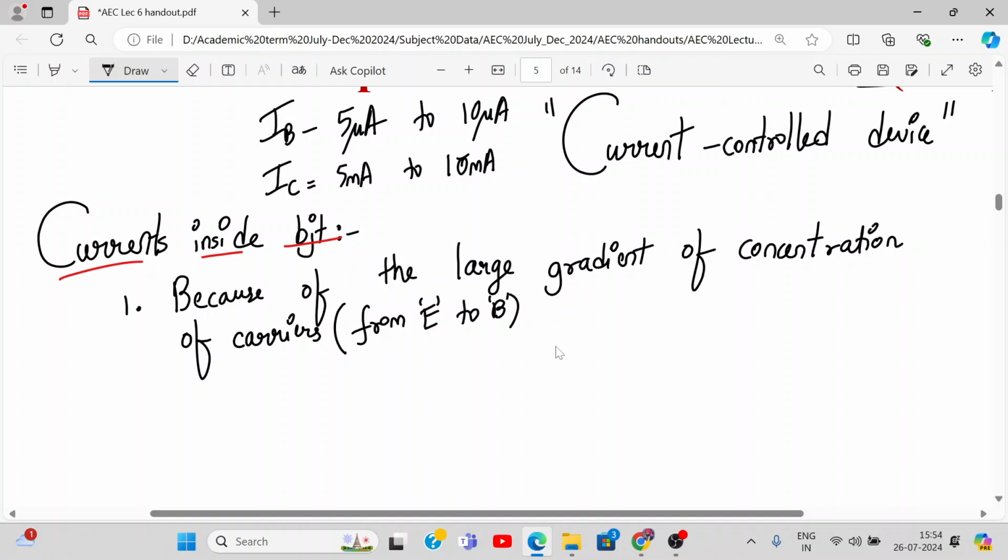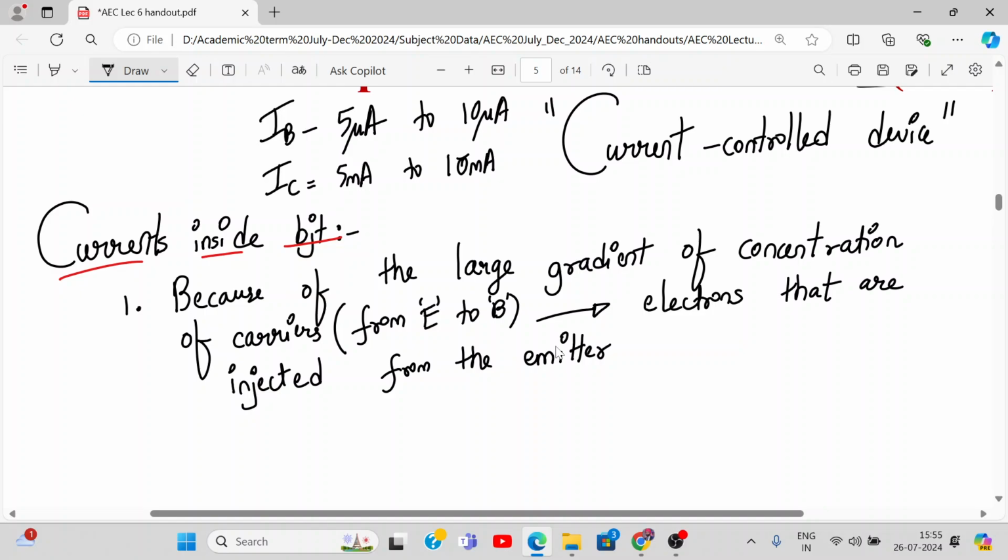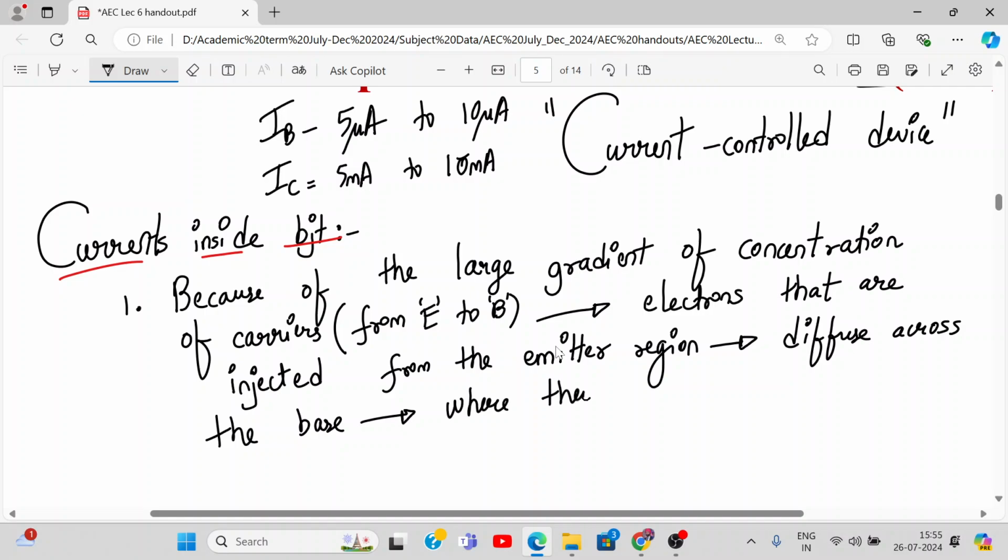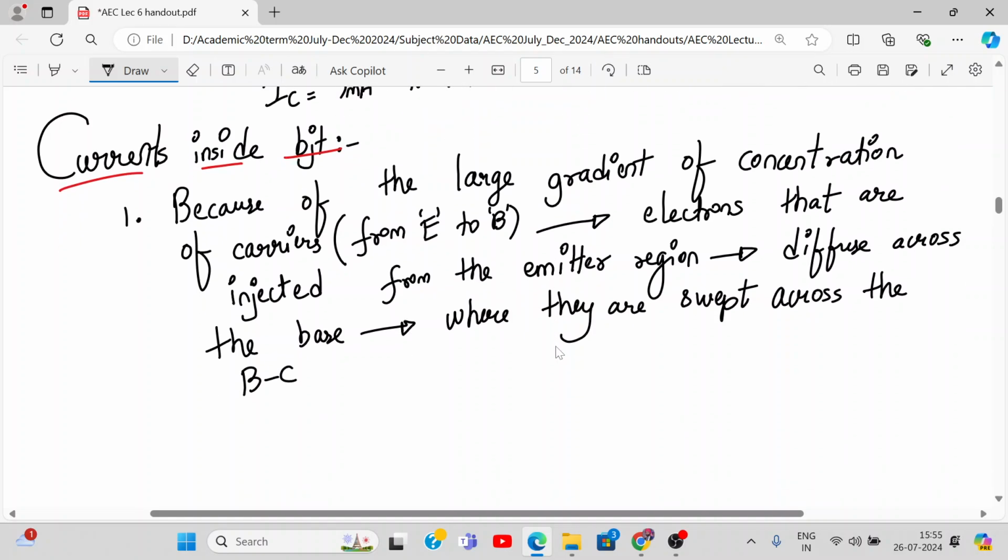So because of the large change in concentration of carriers, electrons that are injected from the emitter region diffuse across the base, where they are swept. Swept means taken away, forcefully went. They are swept across the base collector